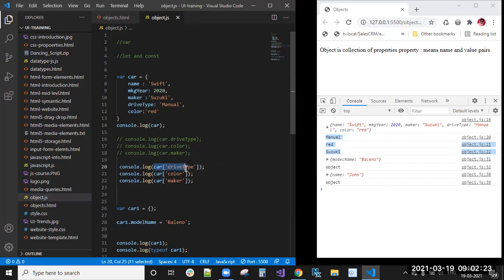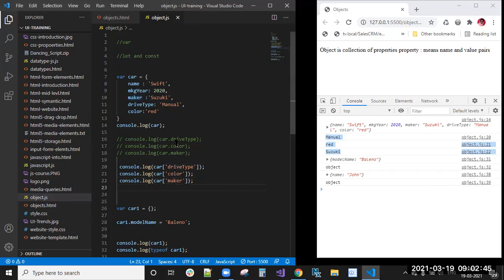One more way: car dot drive type, car dot color, car dot maker, and also car of drive type with the array bracket notation. This one is car['driveType'], car['color'], and car['maker']. In that case you will get the drive type manual, color red, and maker Suzuki.